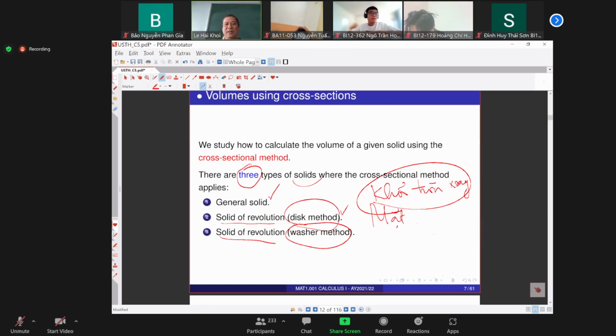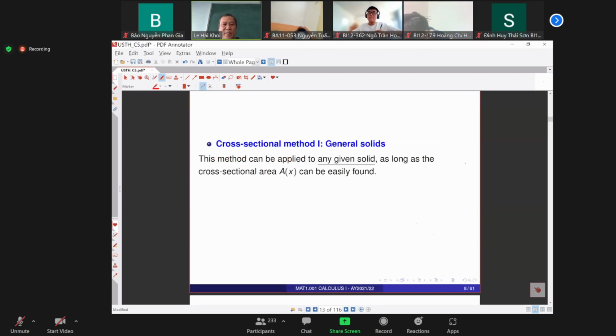Okay, we have three general methods for that. First, a very general one, and the other two for a rotating or revolution solid about some axis. Okay, so the first one, the cross-sectional method, can be applied to any solid as long as, what does it mean? If, whenever, provided,